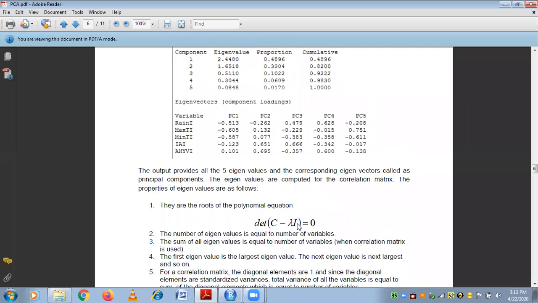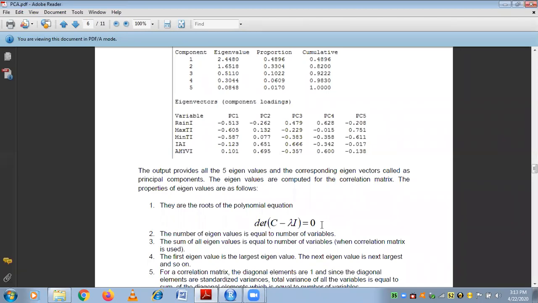This is your matrix, and from that matrix you subtract lambda times the identity matrix. I is your identity matrix and lambda is your eigenvalues. You multiply your lambda values with the identity matrix, then do the subtraction, and for that matrix you find the determinant. And that value should always be 0.